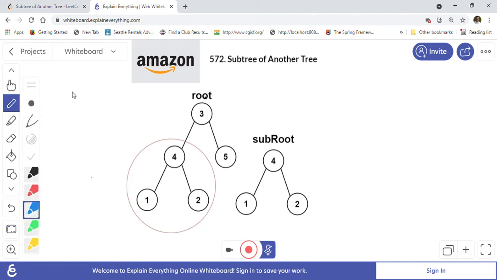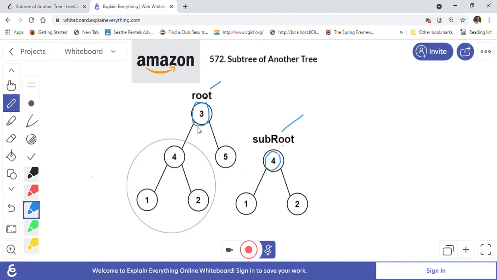As you can see, this is the one tree which is given to us, and this is another subtree which is given to us, and we have to find out if this subtree is there in this tree, somewhere. So what we have to do is we will start with the root of this tree, and then we will check if this root value of subtree is equal or not. If it's not equal, we will go left as well as right, which means that this subtree might be present on the left side of 3 or on the right side of 3. So we will have to go on the left or on the right, or both basically.